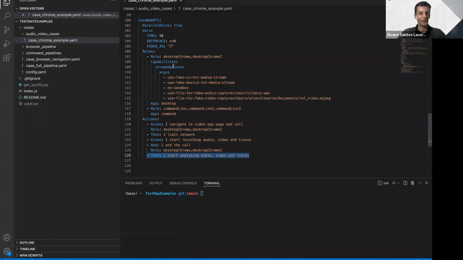And the only thing that we've done is define a series of variables here, and say that we are going to run everything in parallel, because this will speed things up. And also we have defined the roles with a series of capabilities for Chrome. I will explain that right now. And also the 3 command lines. Let's jump into the